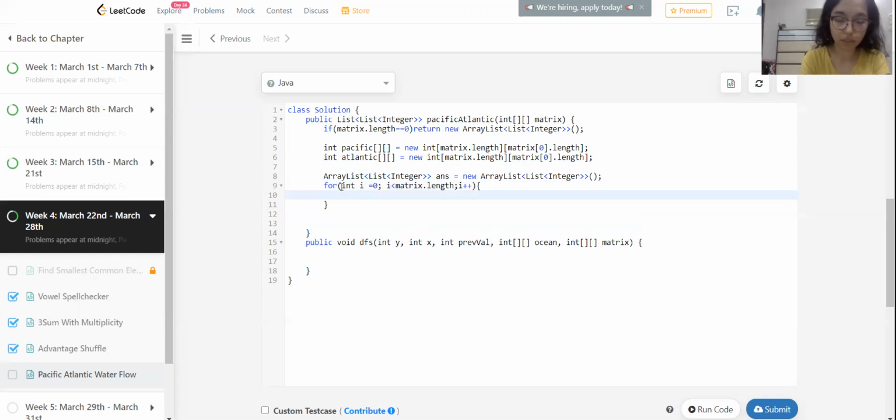Now we'll call DFS with i, comma 0, comma Integer dot MIN_VALUE, or we can just pass -1. Anything will do.